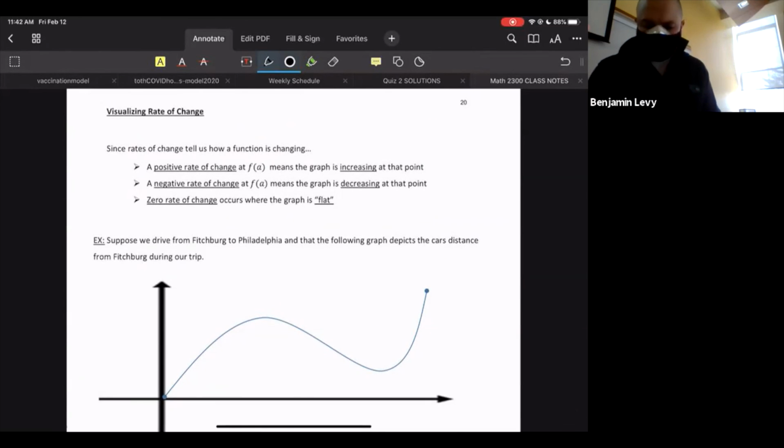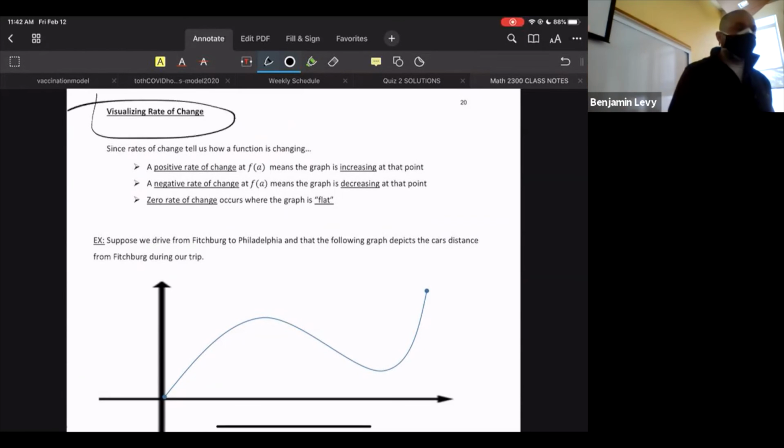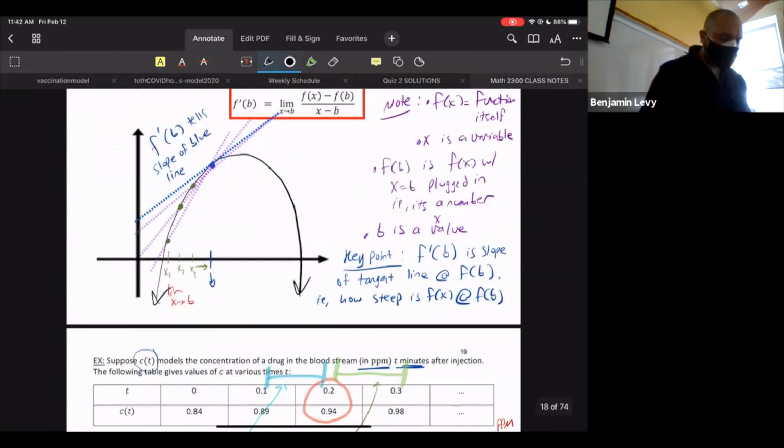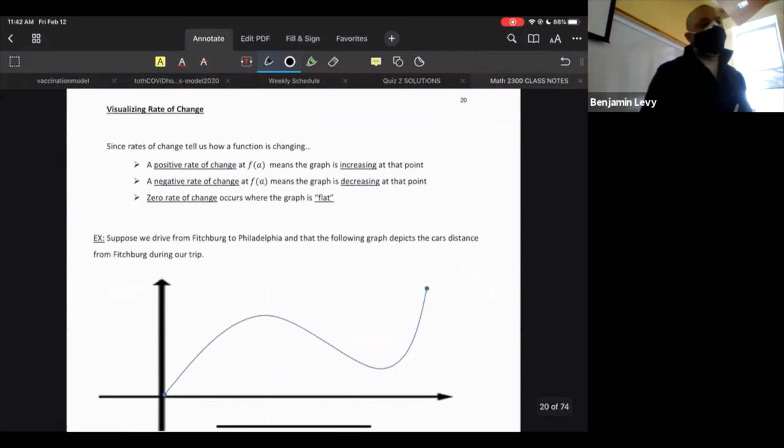Okay, let's just tie this up, button it up, and talk about what this looks like. We already kind of know what this looks like, right? So this page is all about visualizing rate of change. We've already been kind of visualizing it with some of these graphs or hypothetical images up here, right? But sometimes it's nice to put it all together in some